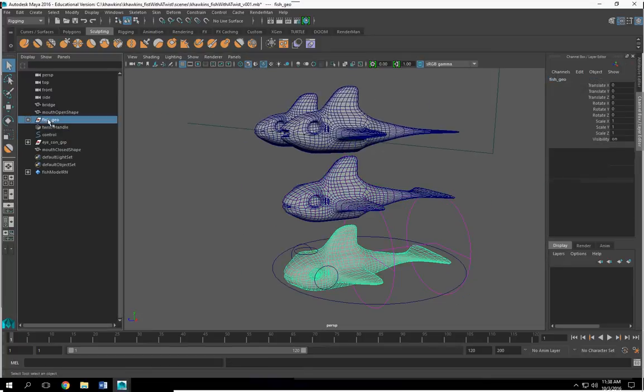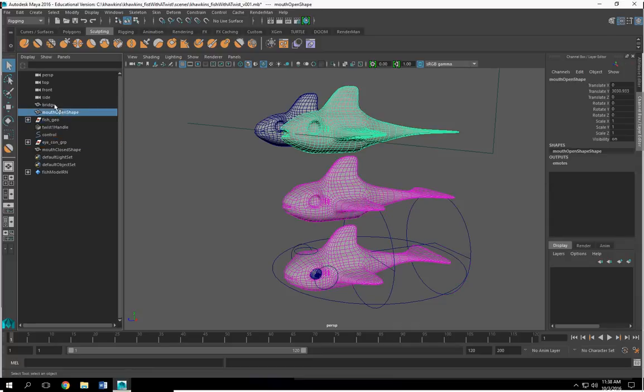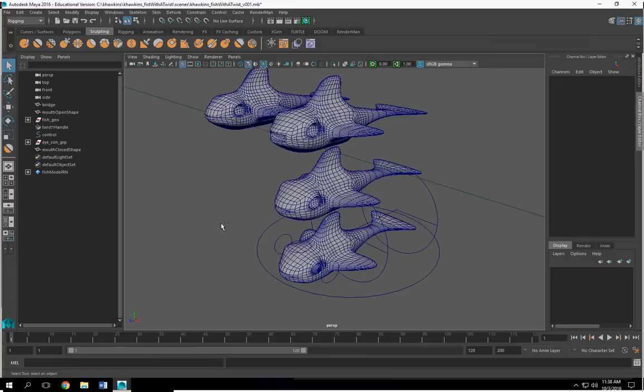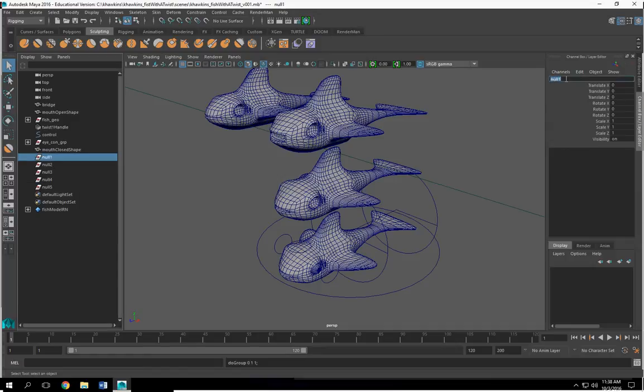So we have this, we got a fistGeo, we have our icon, and we have our blend shapes. Let's create some groups. So we have our character,